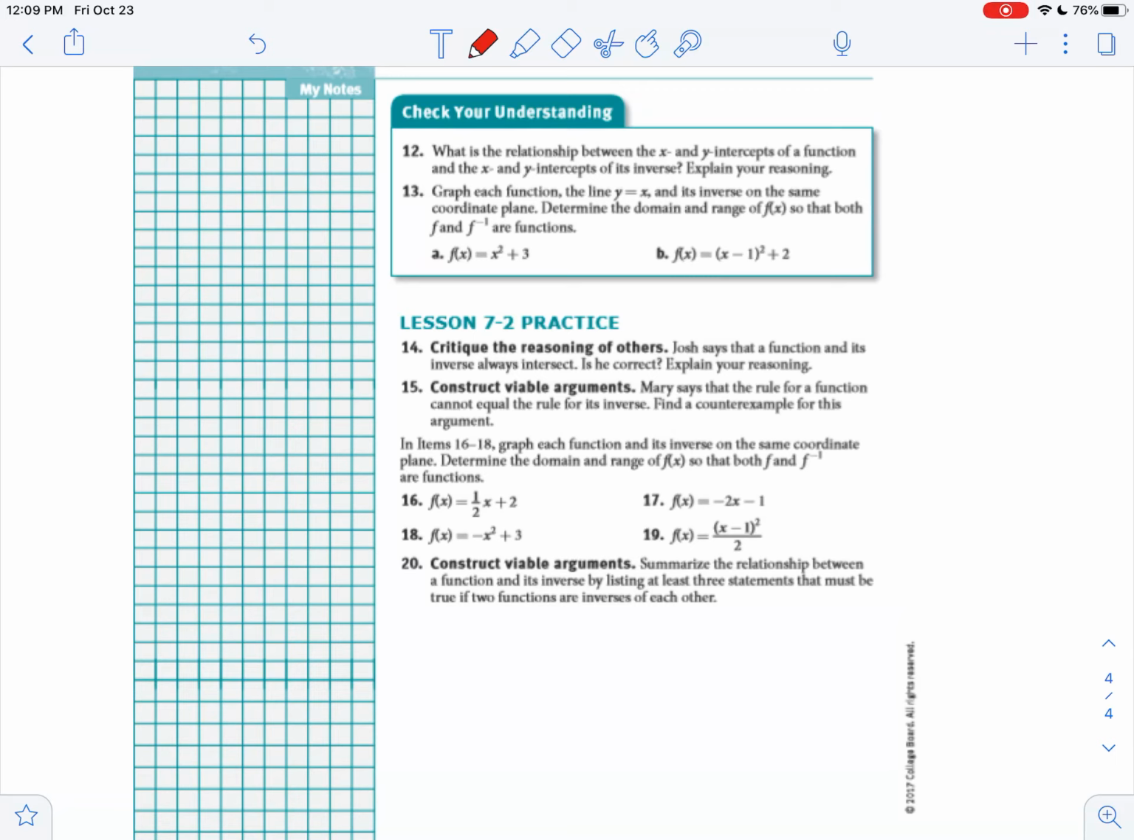Okay, well, I've saved the rest of these to practice in class with you. I think that you should be able to do some of the check your